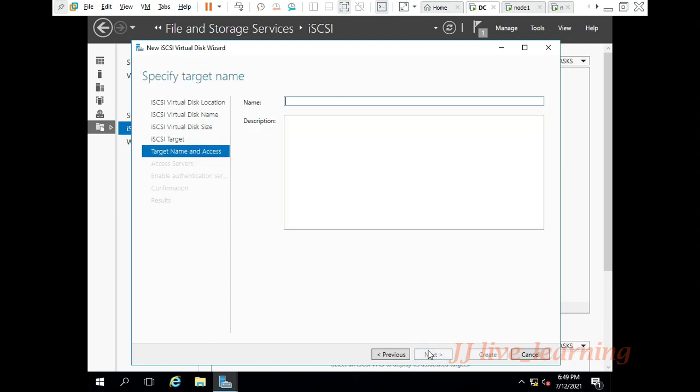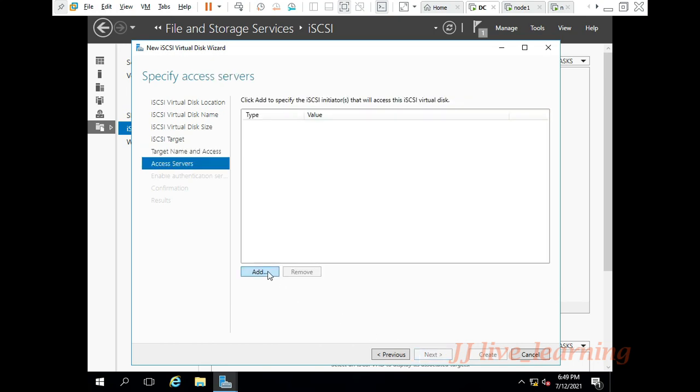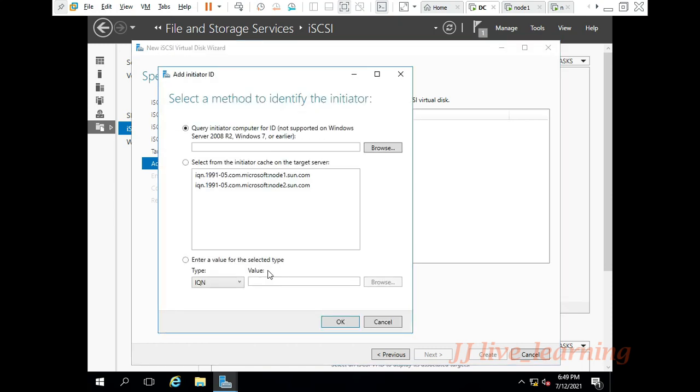We are creating a new iSCSI target. We are giving the target the name iSCSI 01. Now that target path will be added to your node 1 and node 2.